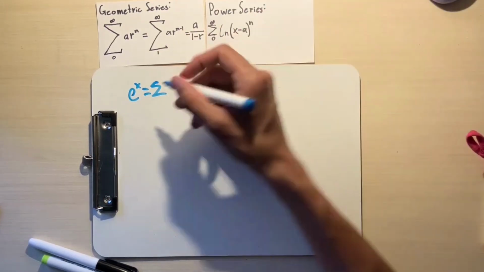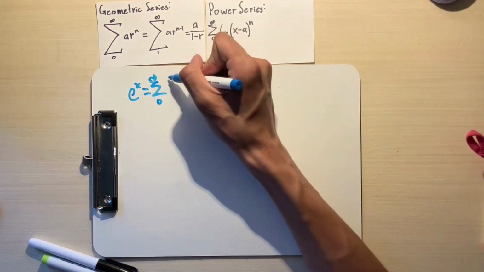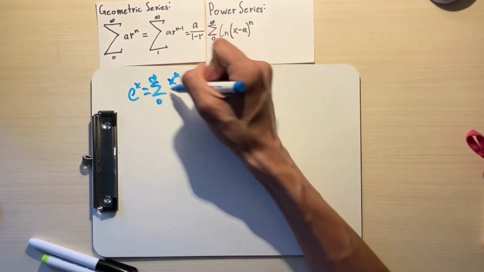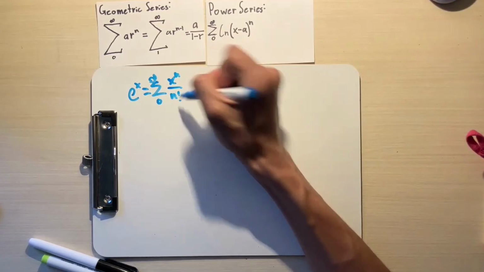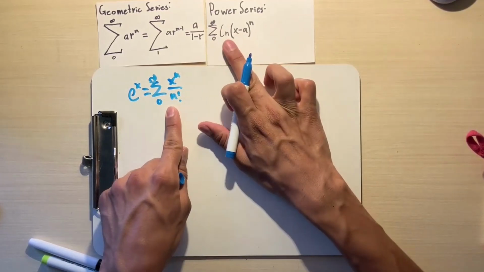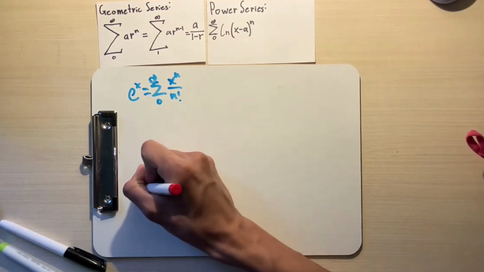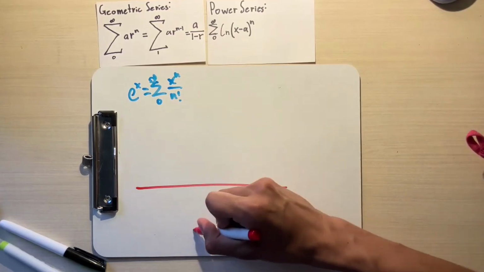I think that makes this a lot easier. We go from n equals 0 to infinity of this summation, x to the n over n factorial. So if you're looking at that, it's that 1 over n factorial that is the c sub n in our power series. We kind of know what e to the x is going to look like already. If I draw that out here,